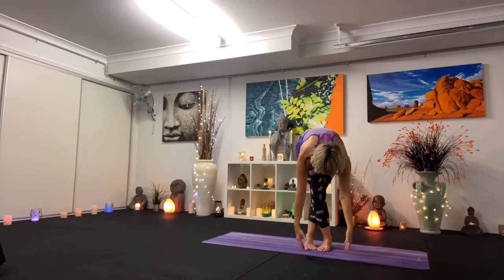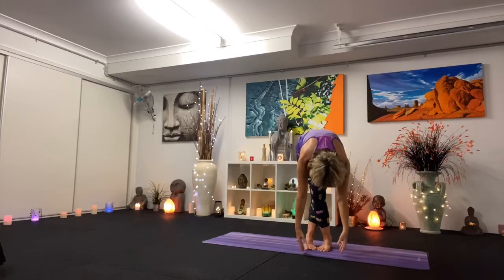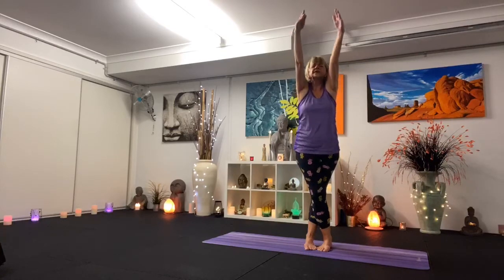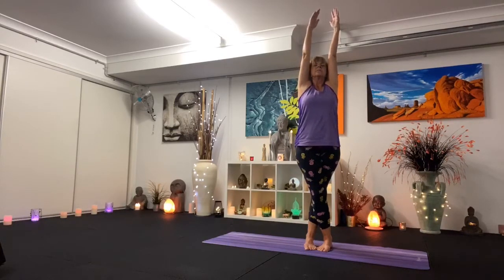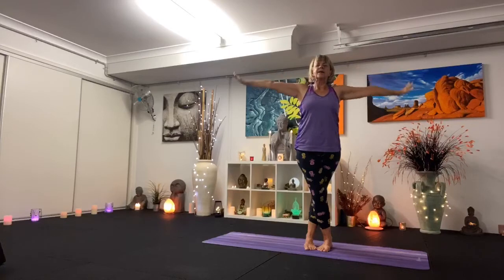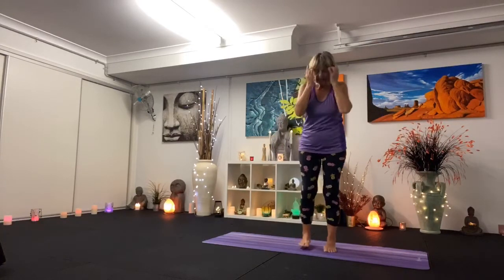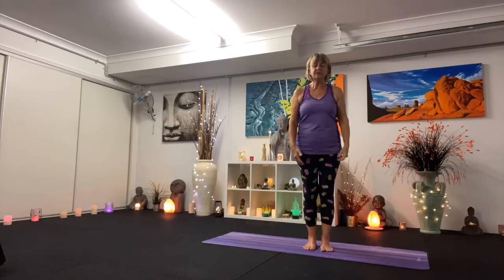You'll feel your shoulder blades opening wide. 2 more breaths. And inhale as we raise the arms out in front, reach up tall. And exhale, bringing our arms down. Lovely. Change sides. So stepping in our mountain pose, ankles under our hips, lift the pelvic floor and engage the